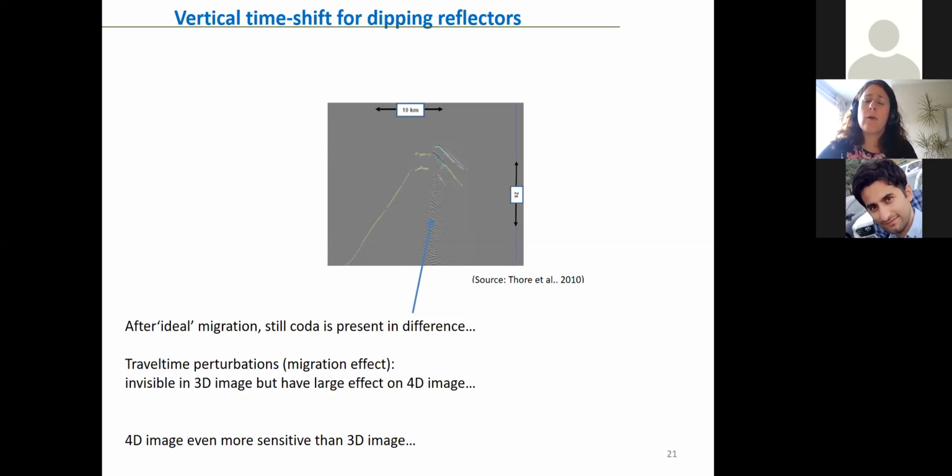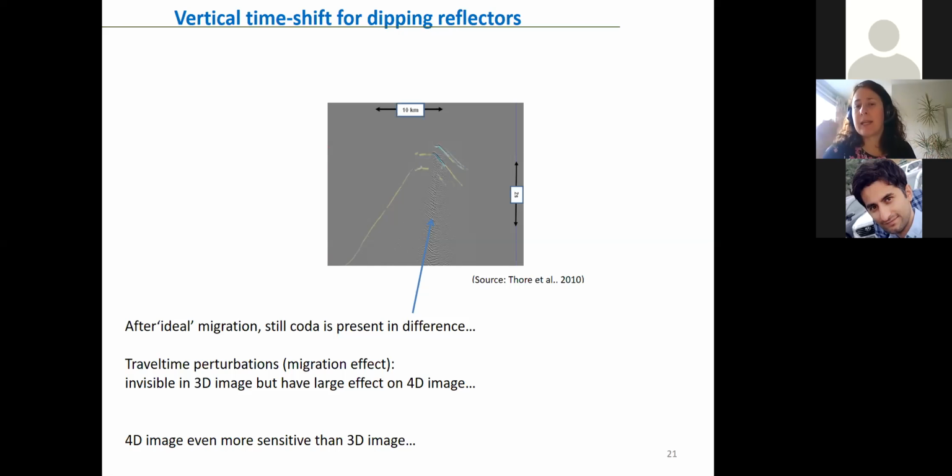So what Thor et al. said was, okay, let's see if we have dipping geology, but this time we migrate our monitor data sets with the monitor velocity. So in this sense it's an ideal migration because you're migrating it with the correct velocity, are we going to have a perfect alignment